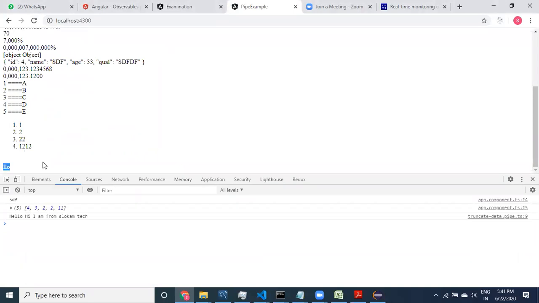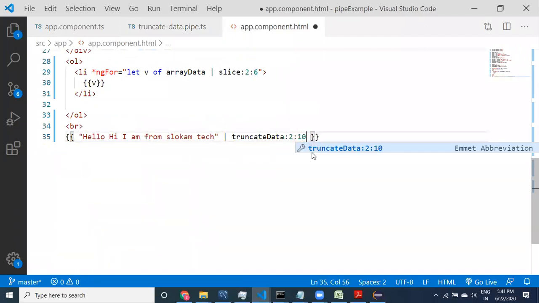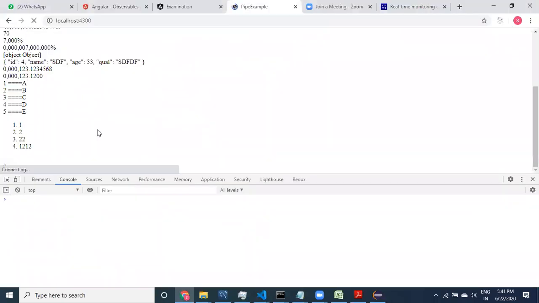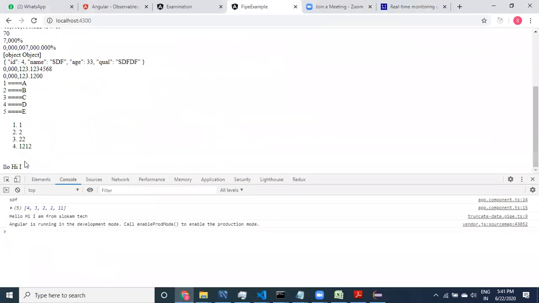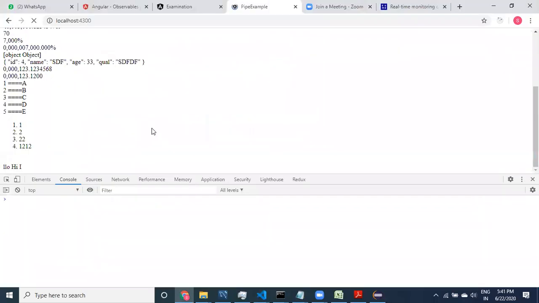LLO is available here. If I provide 2 to 10, this is what we have provided here. Provide 0 to 10, hello, hi, something like this.